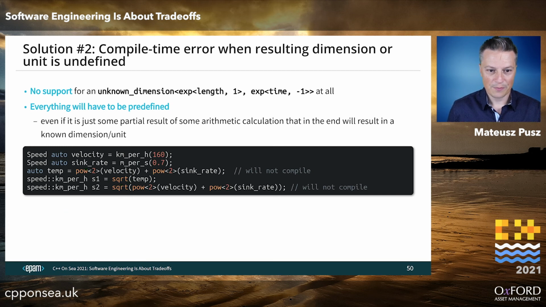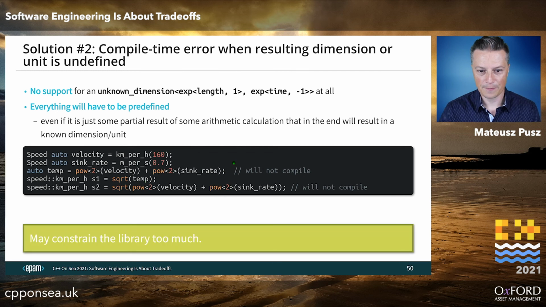And then if you want to square root the solution, then basically you're ending up again with a speed that's well defined. So everything is fine, but this will not be possible. And even this will not be possible, even though it's in the same line. Because still, the right-hand side here, the argument of square root here will end up as this squared dimension that's not defined by the user. So basically, such calculations will not be possible. And this may constrain the library a bit too much, in my opinion. But still, it's one of the valid solutions.